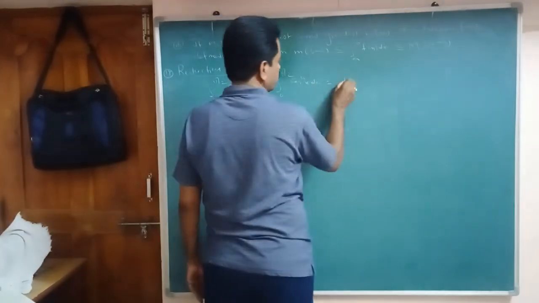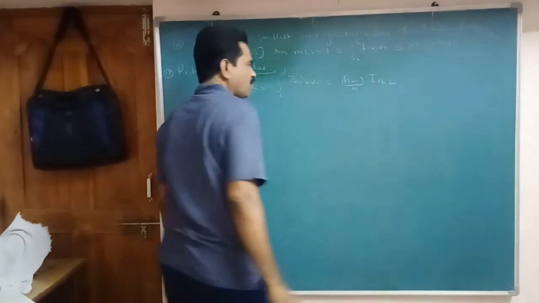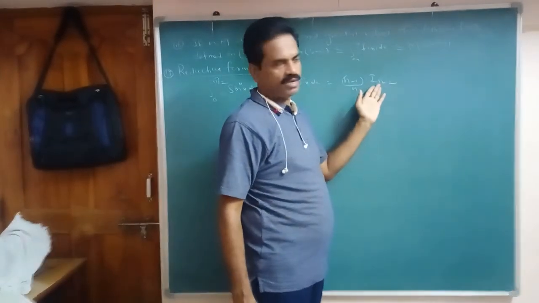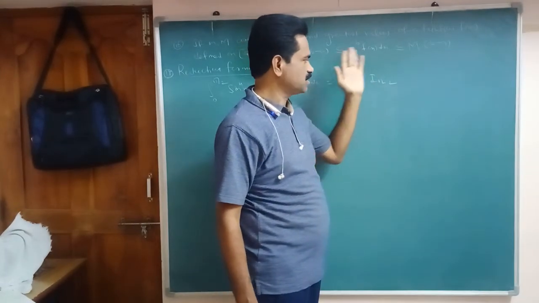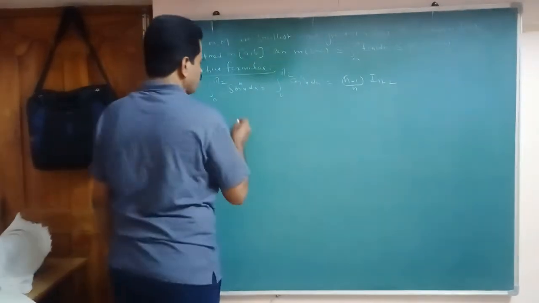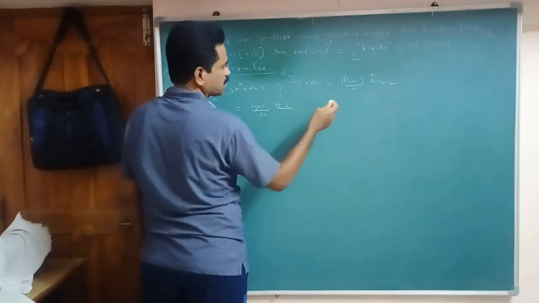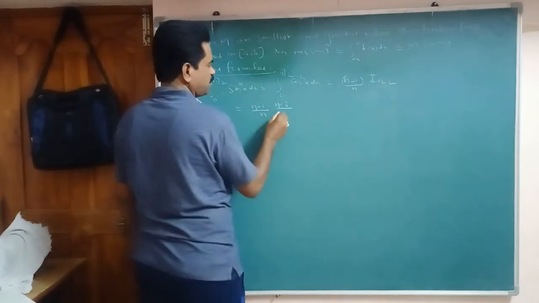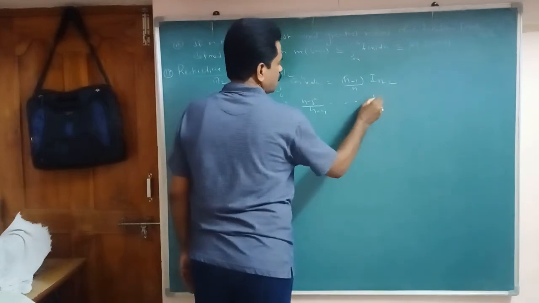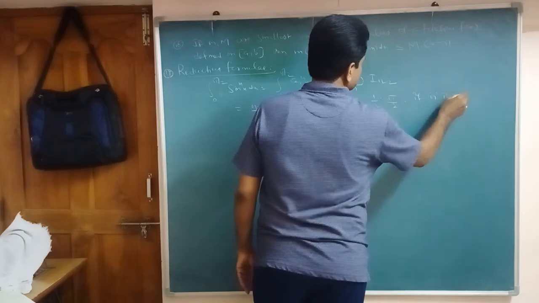You remember this one, we can write down here n minus 1 by n into n minus 3 by n minus 2. First, substitute n minus 1 in place of n, next n minus 3, n minus 5 substitute here. Like this, after simplifying, we will get n minus 1 by n, n minus 3 by n minus 2, n minus 5 by n minus 4, and so on, up to 1 by 2 into pi by 2, if n is even.